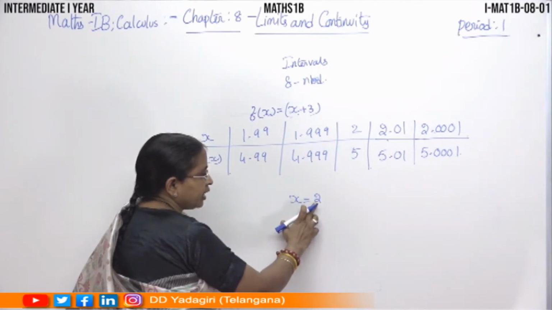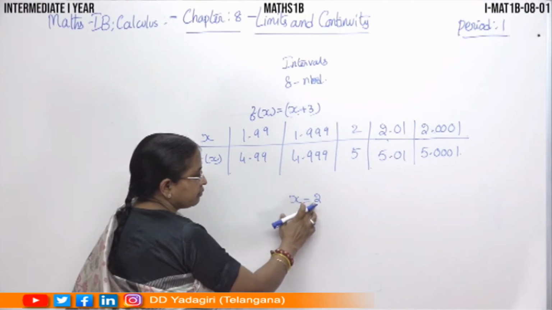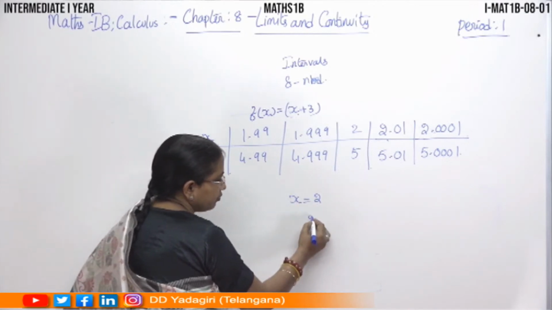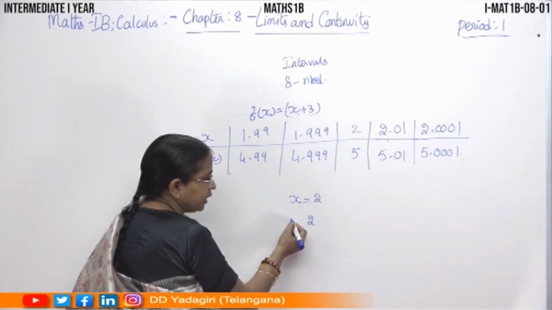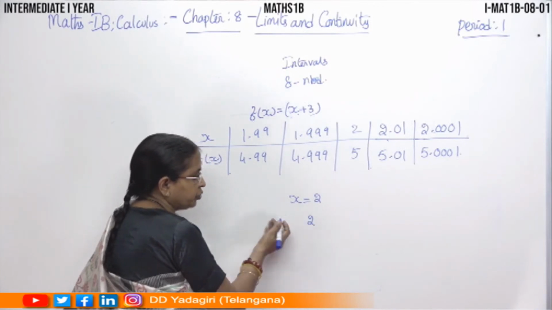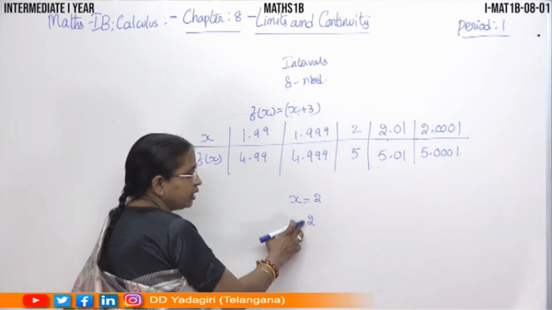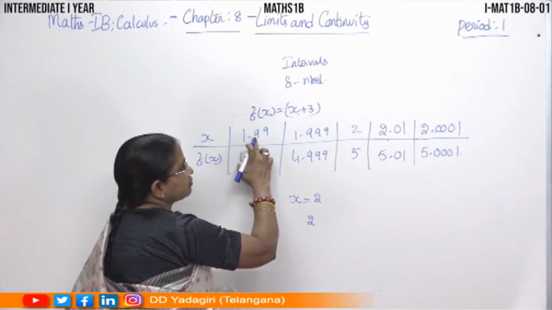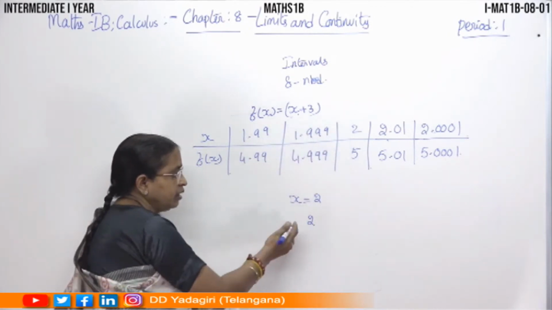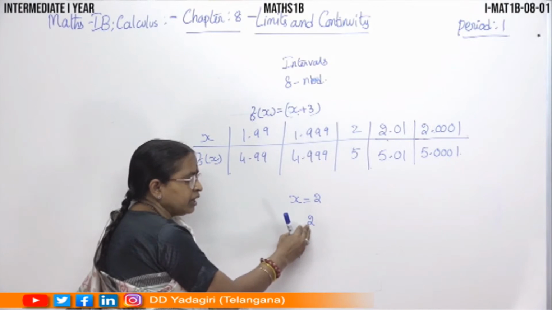Now we'll take some values less than 2. So we say that x is tending to 2. X is approaching 2 from the left side of 2. Left side of 2 means these numbers 1.99, 1.9, like that. The values very nearer to 2,